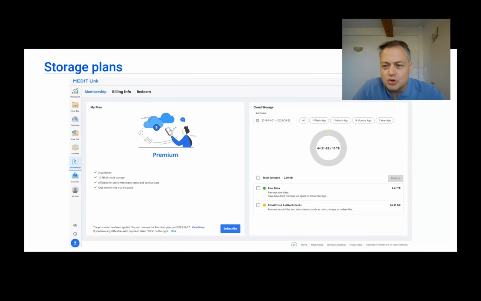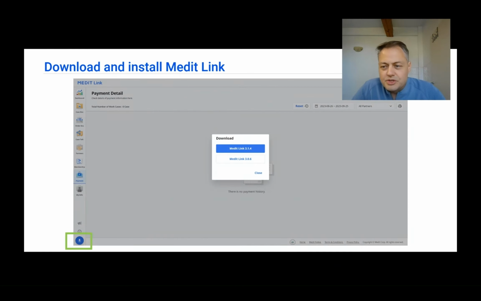So having storage in the cloud is the way to go, from my perspective. After you've gone through all these steps, you are going to be able to install the Medit Link software that comes together with the scanning software, and this you will find on the lower left side of the Medit Link tab that you've just opened. You're going to click on the blue dot with an arrow, and you are going to be able to select if you want the files for Windows or for macOS, and then what